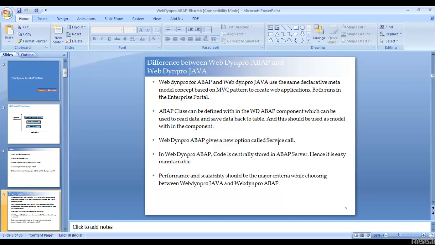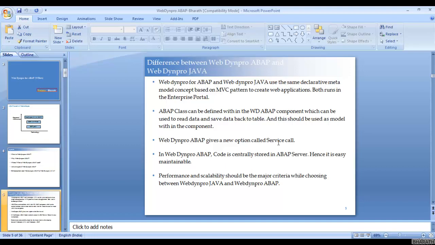If required, he can modify the generated code, but otherwise a developer is not required to make any modifications. So using the service call wizard, code will be generated, and it will also save time for the ABAP developer to achieve the WebDyn Pro ABAP development.